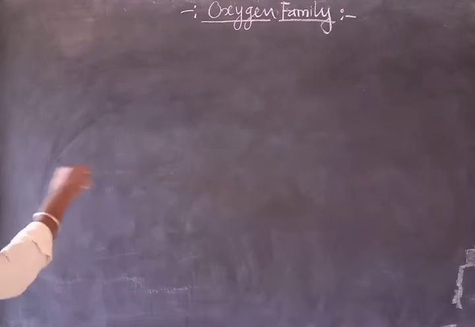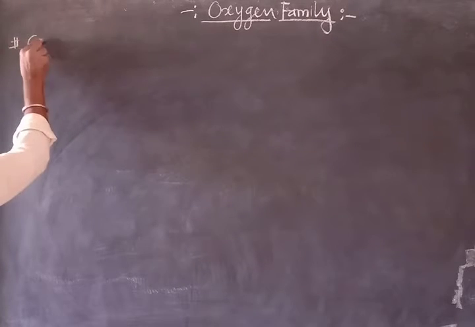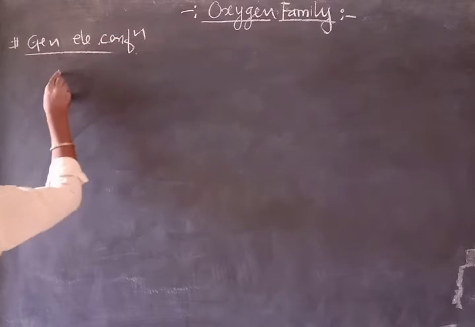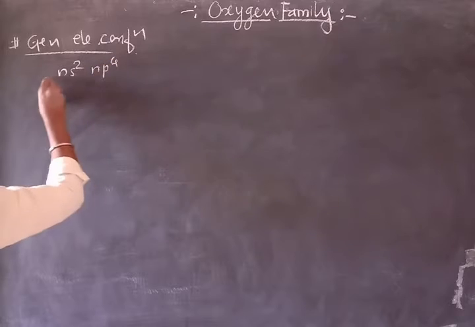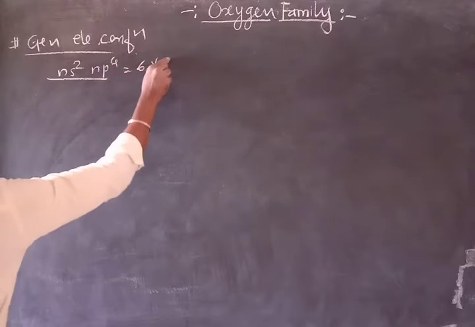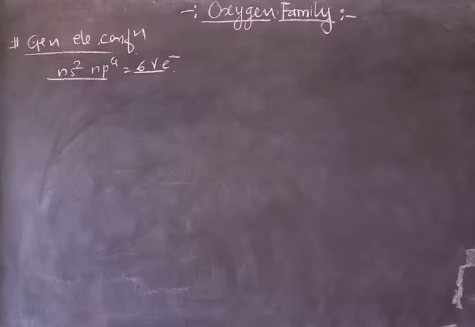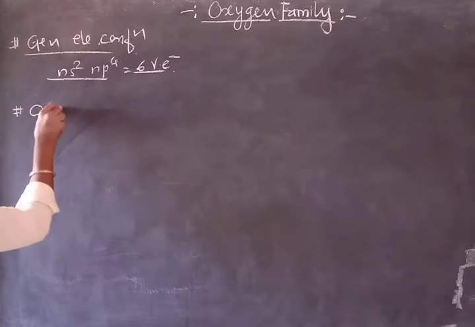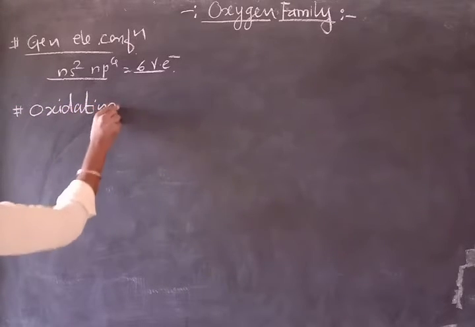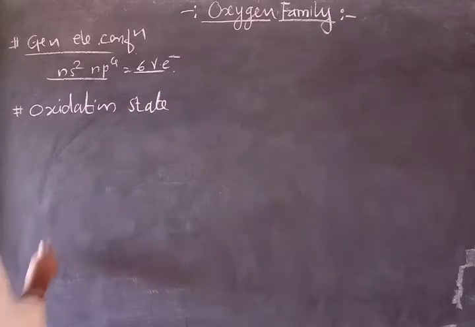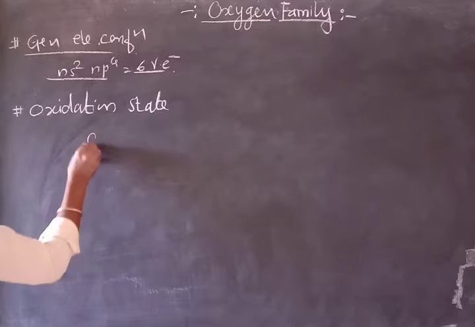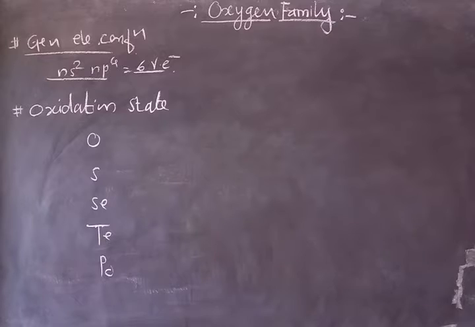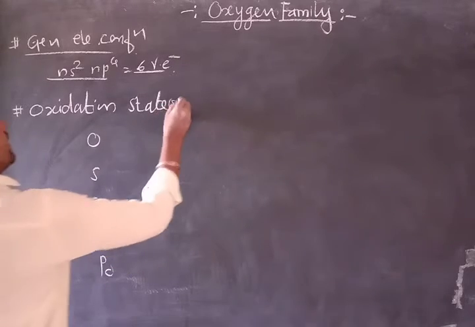So as we see, the general electronic configuration is ns2 np4. So they have 6 valence electrons in their outermost shell. Actually, here I am going to discuss their oxidation state. And in oxidation state, we have oxygen, sulfur, selenium, tellurium and polonium. So their general oxidation states are